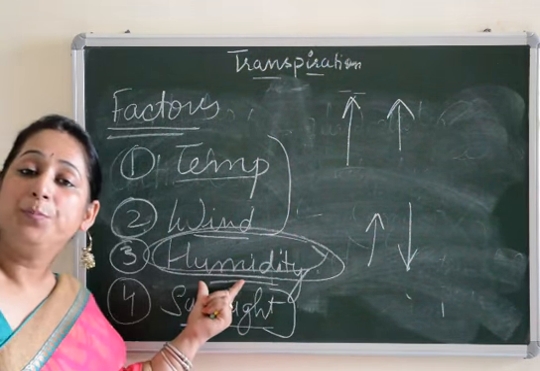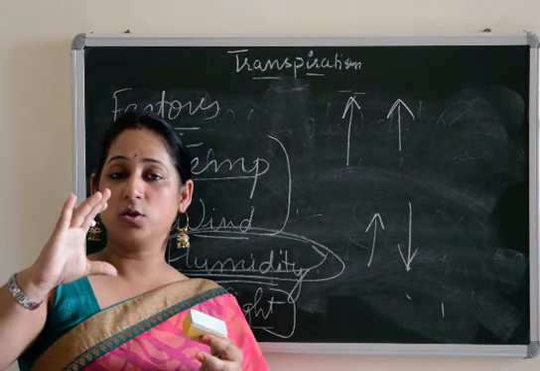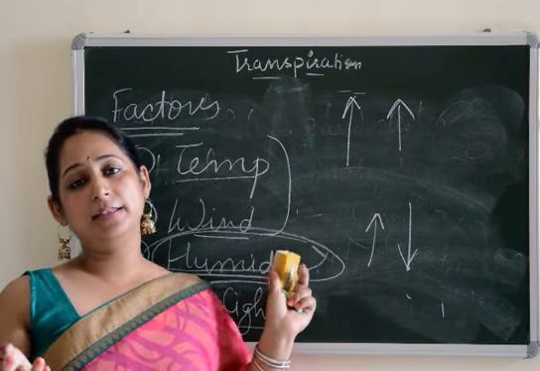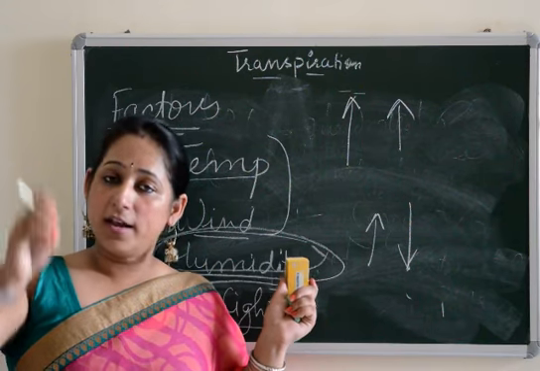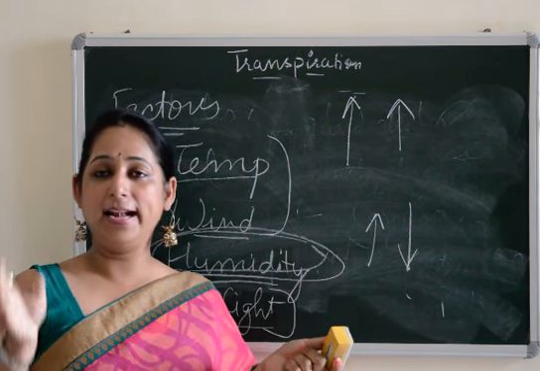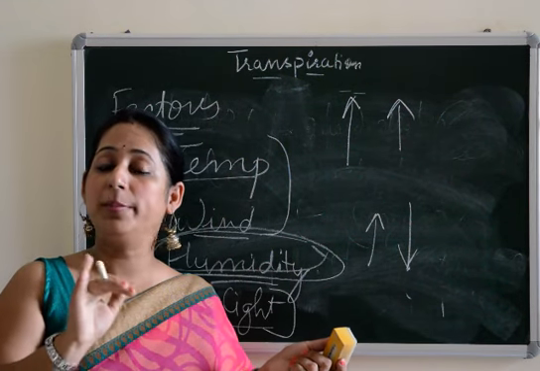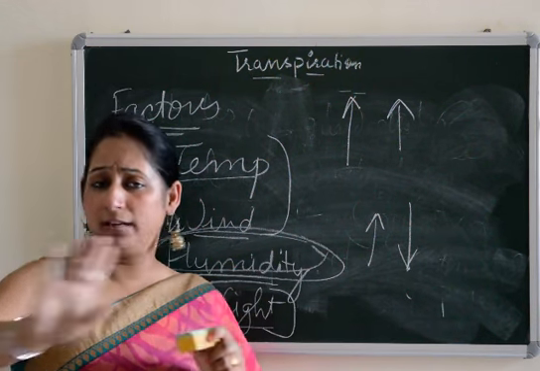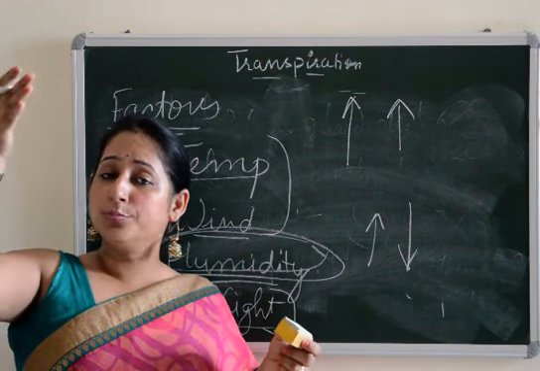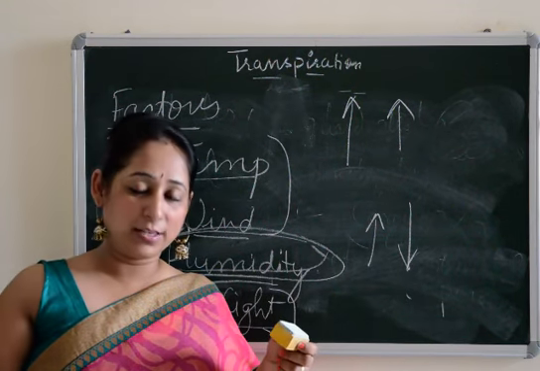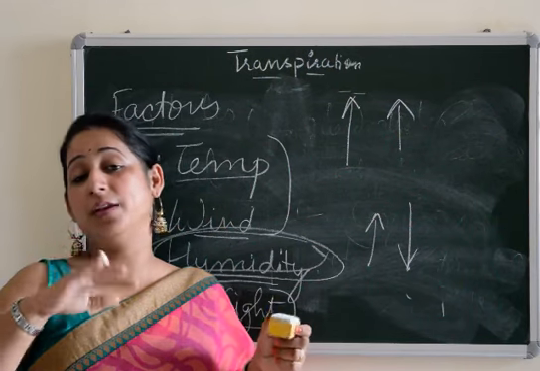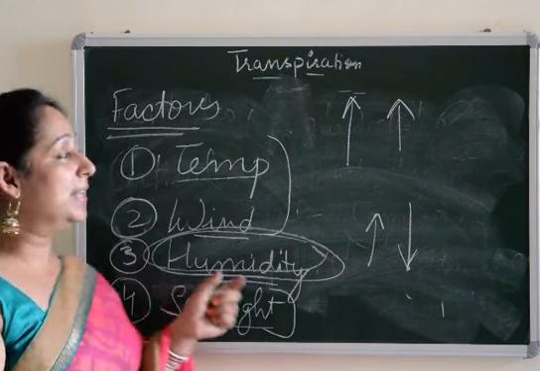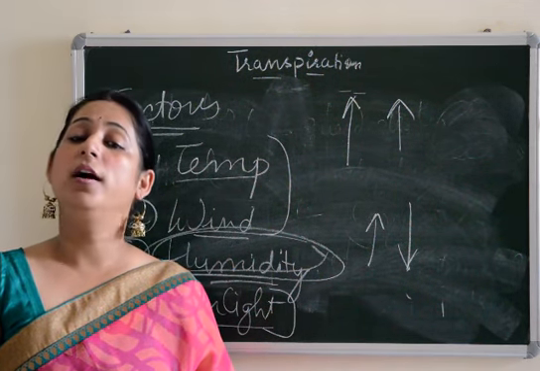Last is humidity. For humidity, a simple example is, suppose you take a glass of water which is completely filled and you pour more water over it. What will happen? The water will overflow. Same is here. In atmosphere, there is moisture present in it already, and if more moisture is added to it, that will not get added to the air, it will remain in the leaf, that will not be transferred. Same with humidity, if humidity is more, that is more moisture in the air, there will be less transpiration. If the moisture is less, that is if the air is dry, it means there will be more transpiration. Okay, these are the various factors which affect the rate of transpiration.